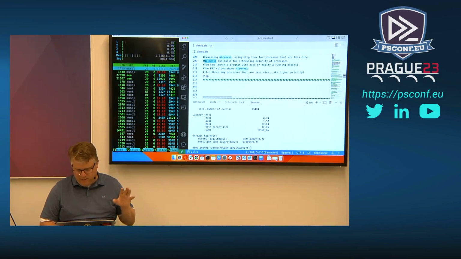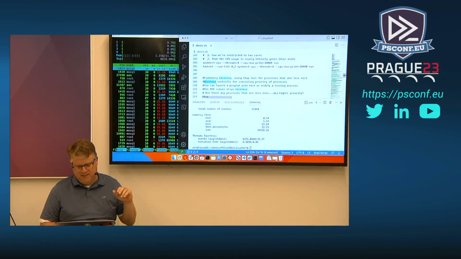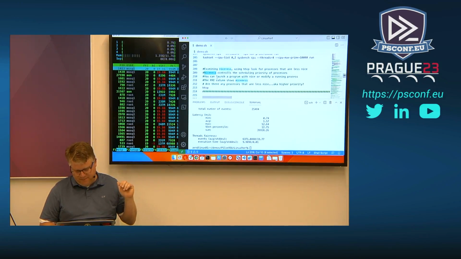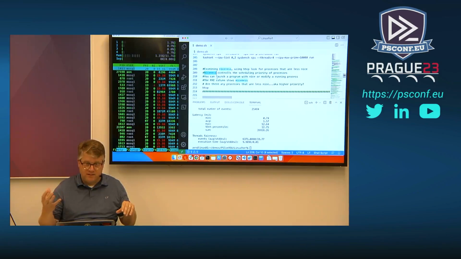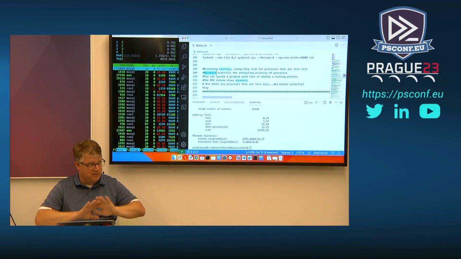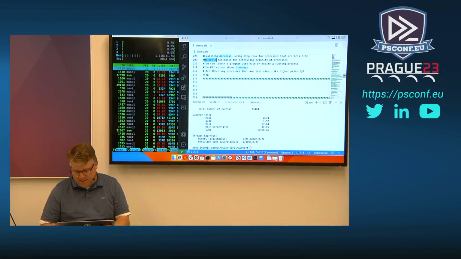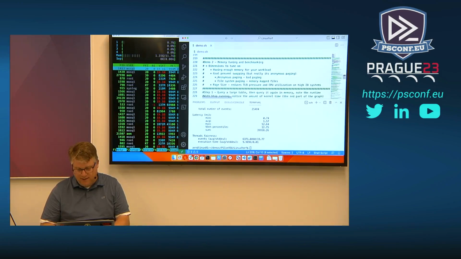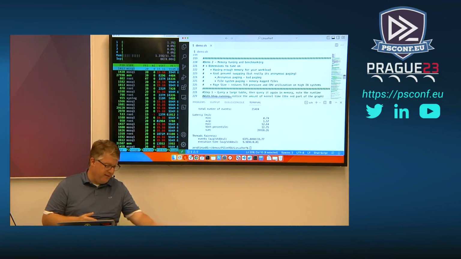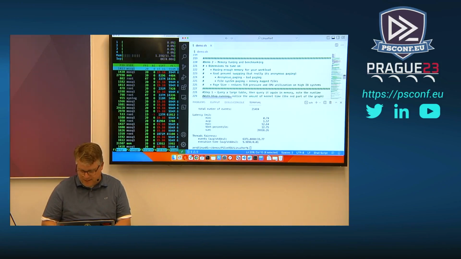So the point about talking about things like taskset and niceness is those are knobs that you get to turn to control workload. So if someone's being a little bit not nice to your system, you can use these tools to kind of push them into a corner. Docker has a fantastic interface to do that with limiting CPU utilization for a running container, which is a great thing to do some testing with. All right. Any questions or comments around